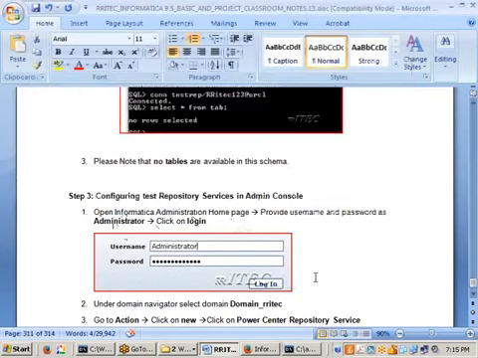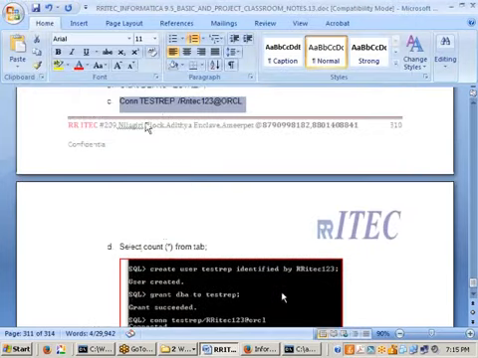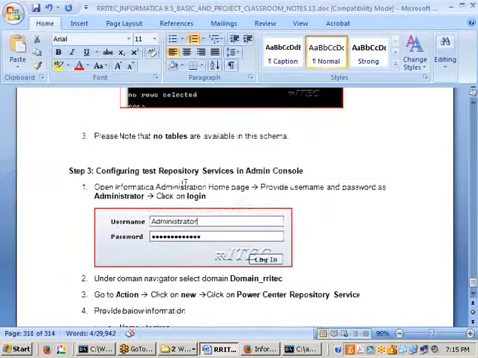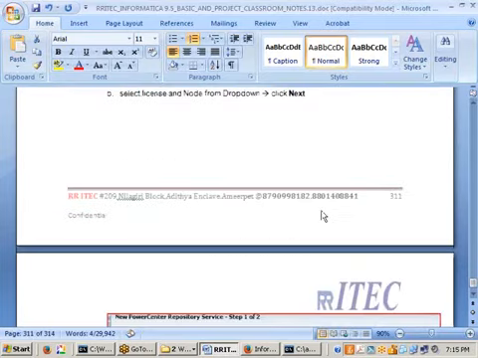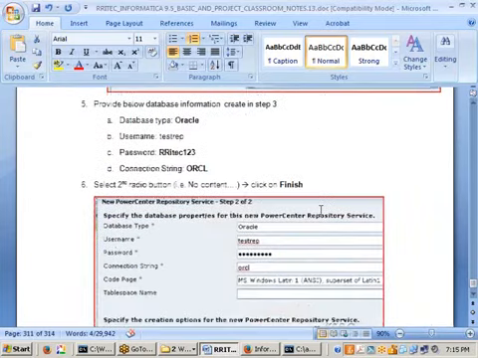Now, that's what step 2 needs us to do. We did step 2. Step 3 is configuring the test repository service in the admin console. So we are trying to log into the admin console, that is as it is, select our domain, and we are trying to create one PowerCenter repository service. Only one radio button is what we are selecting here